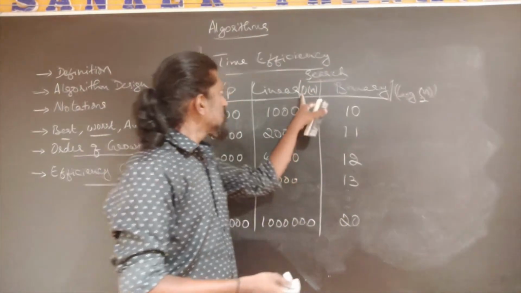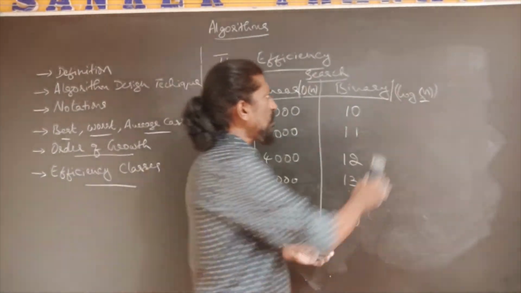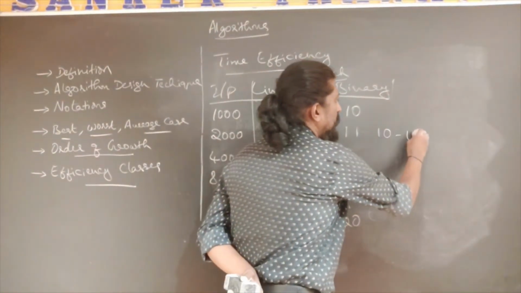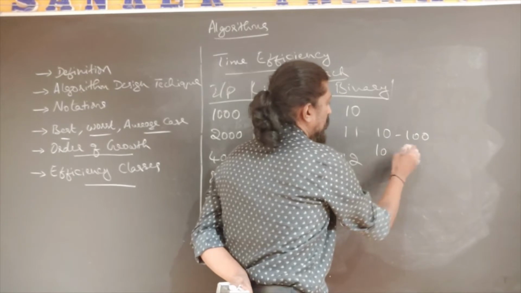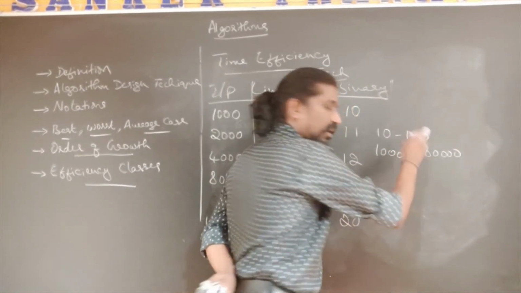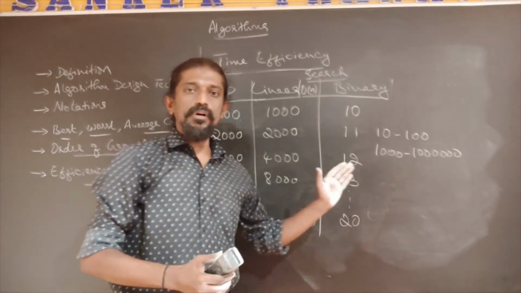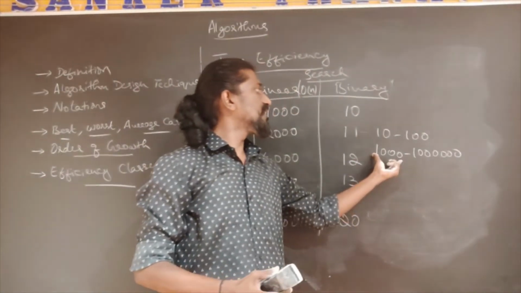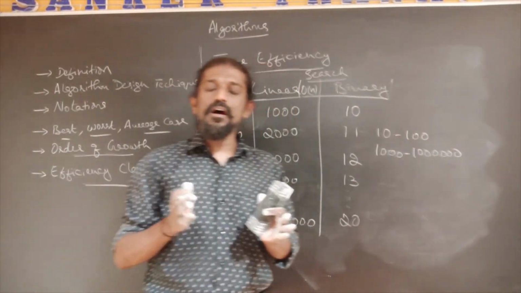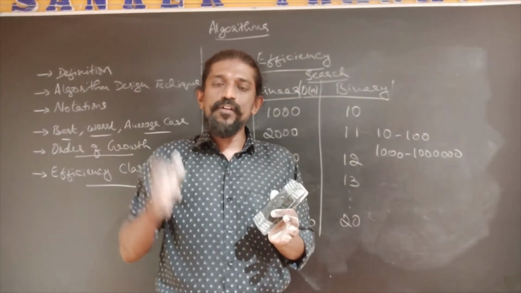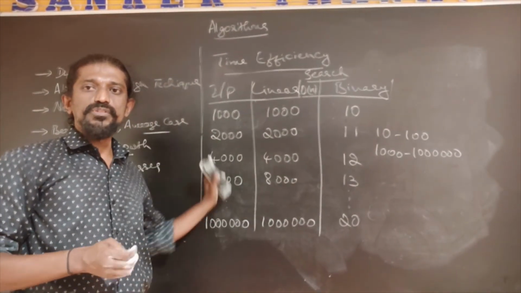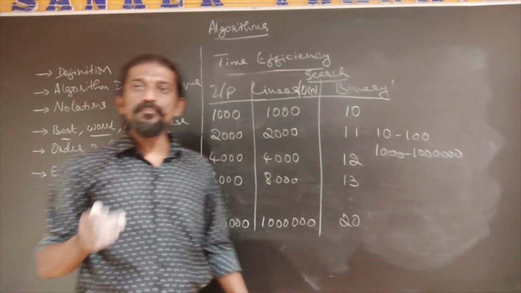Now this is linear, this is logarithmic. If you have quadratic, you can see, for 10 it will be 100, for 1000 it will be 1 million. That is how the running time increases with the increase in the input. So that gives a rough idea about how the running time gets affected as the input grows or reduces in size. That is what we mean by order of growth.